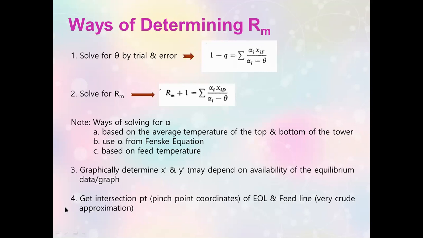And what you should do is actually also outlined in Geankoplis and in McCabe. The thing with this procedure, class, which I don't really discuss in class, is it's a trial and error process. So the formula that I have read is found in Geankoplis, but it has an equivalent in McCabe, also having the summation here and also having the theta. Now you solve for the theta in this particular equation using trial and error. That's one way of finding the